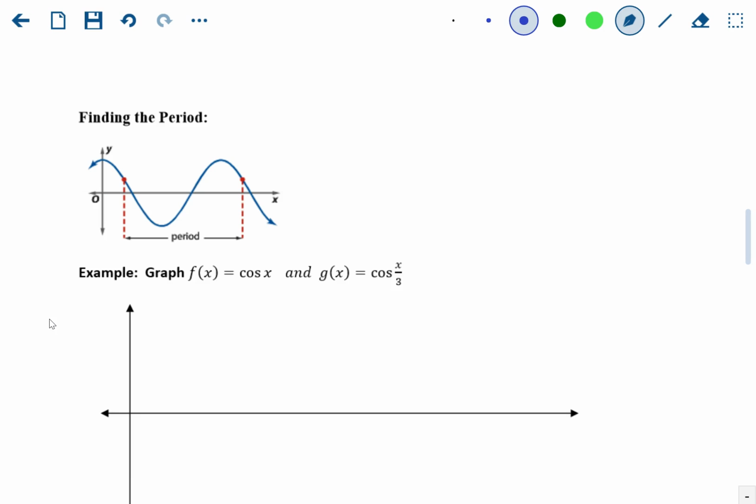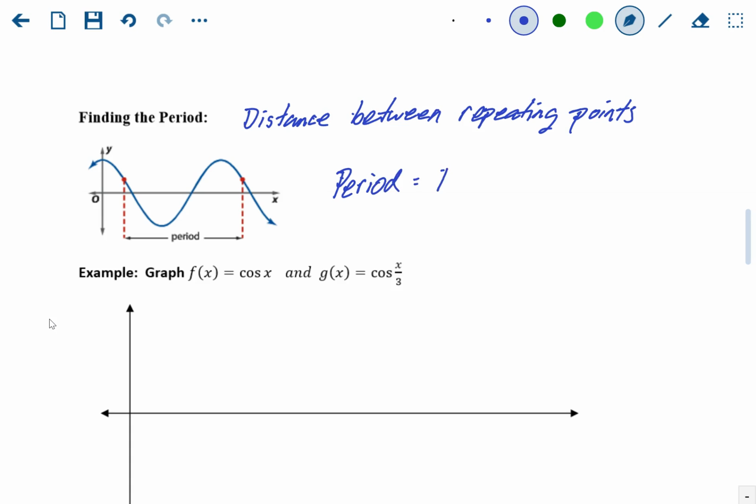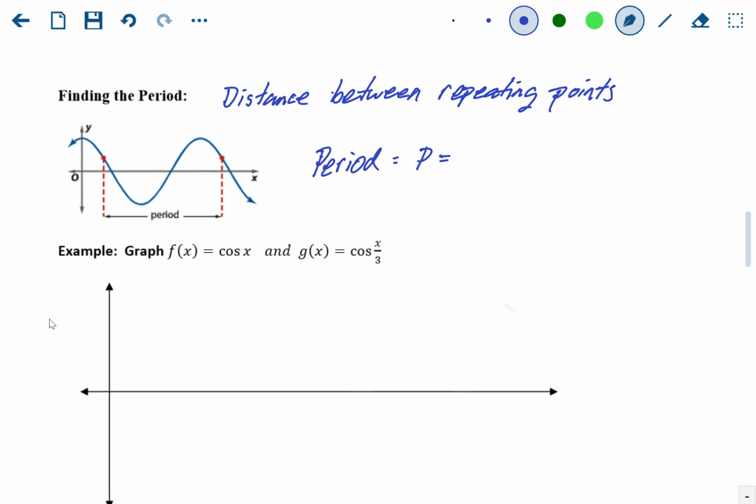Finding the period. Remember that the period is the distance it takes for points to start repeating themselves. So how far is it between the max and the max, or the min and the min, the starting points? It's the distance between any repeating points. To find the period, if you're given the equation, I use P for period, it's going